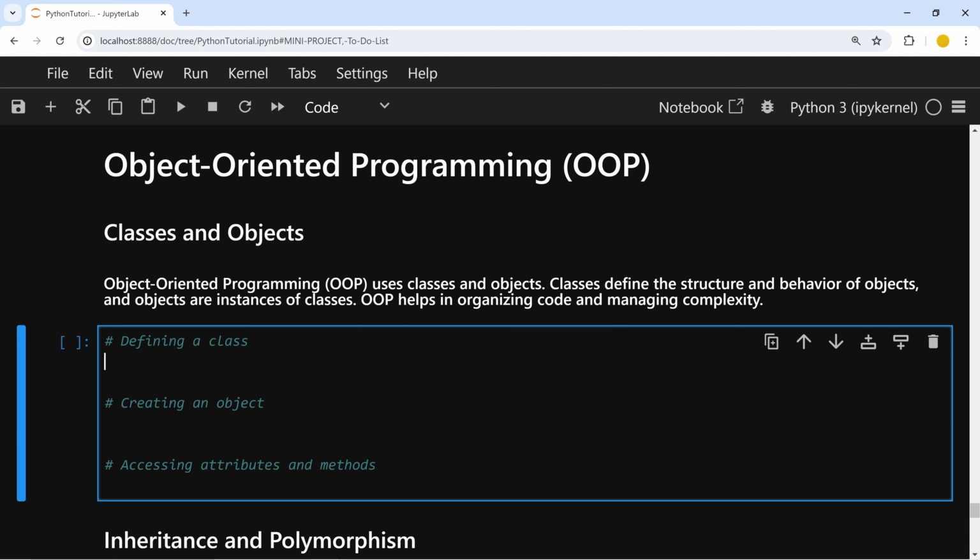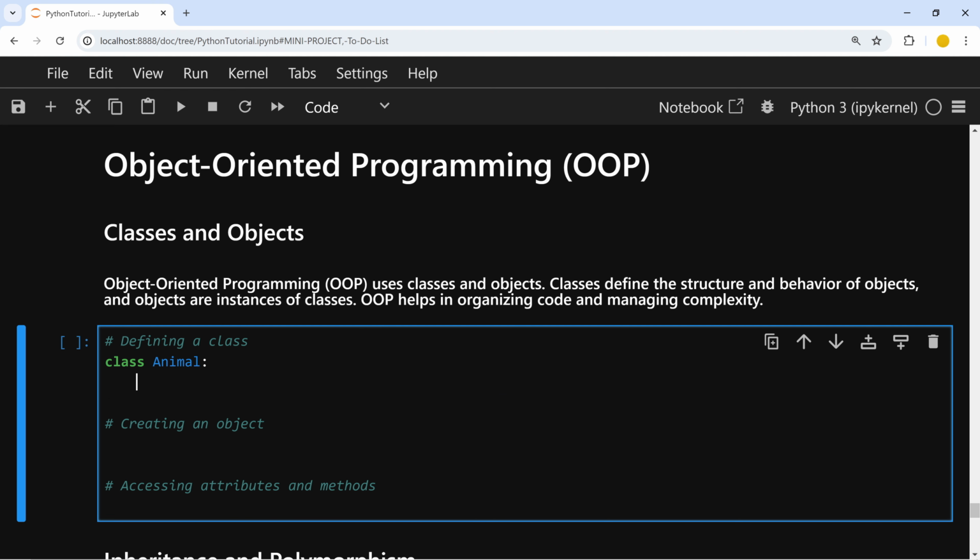Okay, let's start by defining a class. The class name will be Animal. Okay, class names start with uppercase, and after that I will put colon and get into this class. The first thing I'm going to create is the init method of the class. This is a special method, and it is defined like this. I write def double underline init and double underline again, and in this init method there'll be a self keyword,